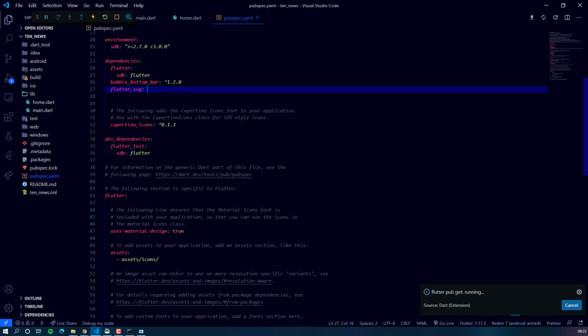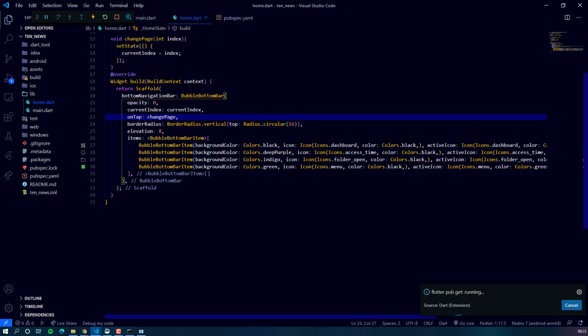I have installed the Flutter SVG plugin to use custom SVG icons.